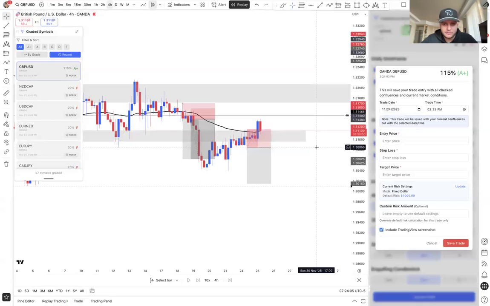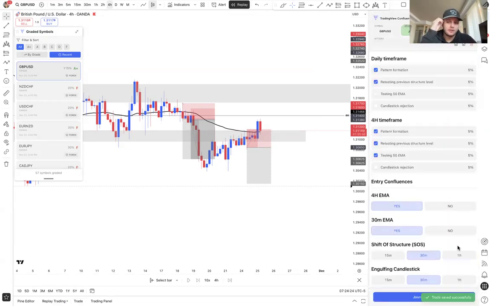Entry price was 85, stop loss, and our take profit was basically just a 1 to 2. Yeah, so we'll go that way. Saved our trade, and then let's go over the one that we have today,